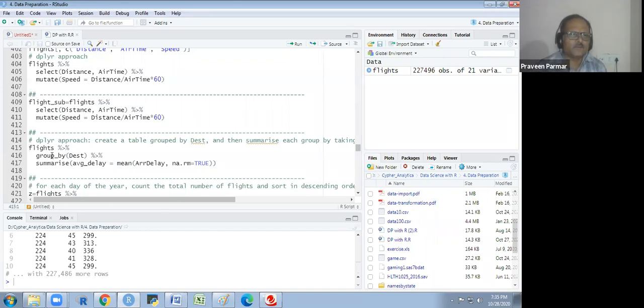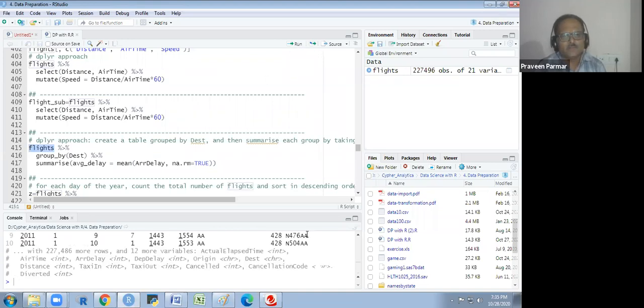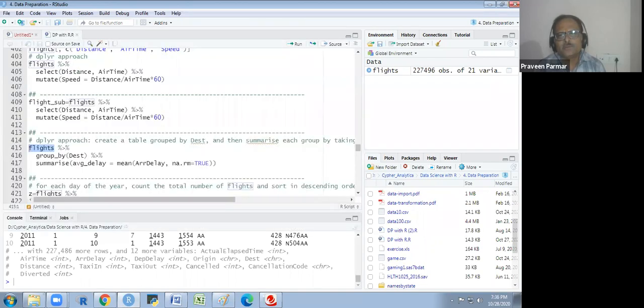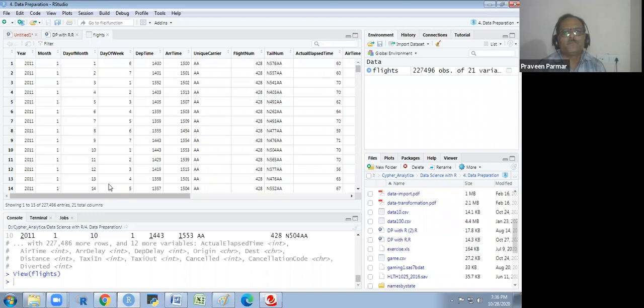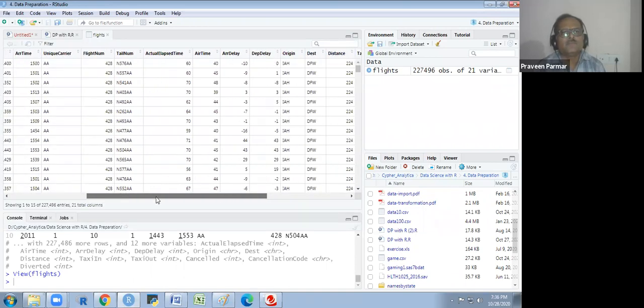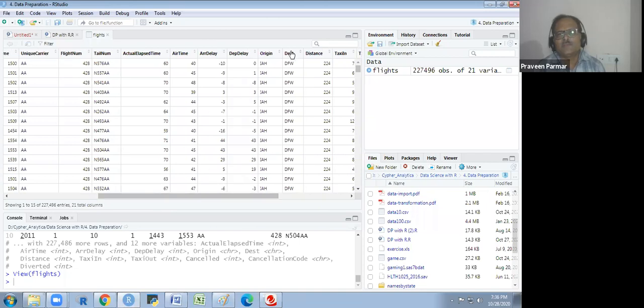If I run flights only, you will see that there are so many destinations. Here we are not getting it all, so I will show you in the view. If you see the destination, we have these destinations.